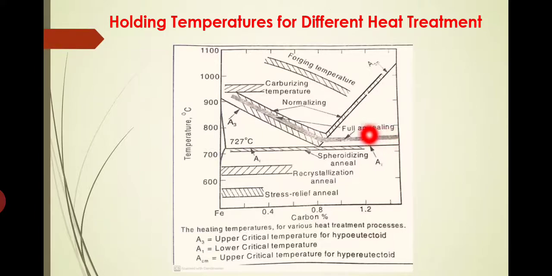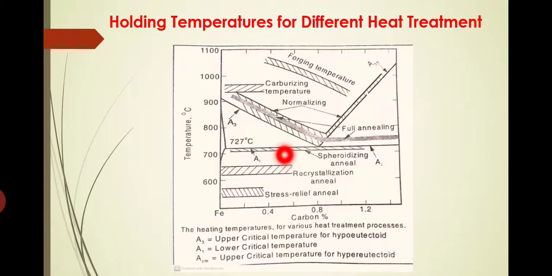That is the difference. So coming to normalizing, both for hypoeutectoid as well as hypereutectoid, the heating temperature is above the upper critical temperature. If it is hypoeutectoid, then we will be heating above the A3 line. If it is hypereutectoid, we will be heating above the ACM line. Okay, in both cases of normalizing, the starting temperature is above the critical temperature line. So for the carburizing process, a much higher temperature is required compared to the upper critical temperature. Forging is done at a very high temperature compared to the upper critical temperature, for both hypo as well as